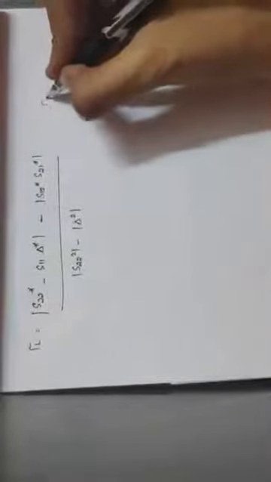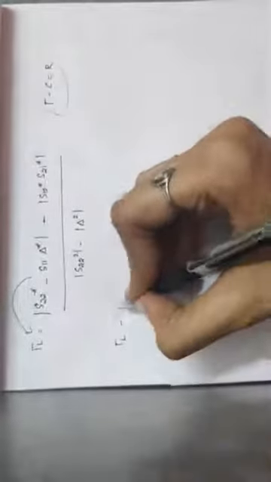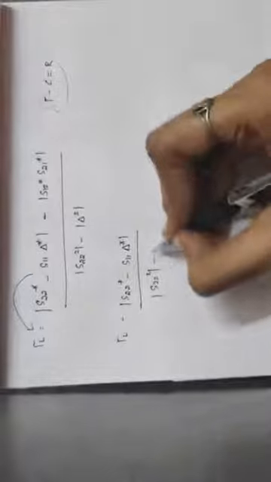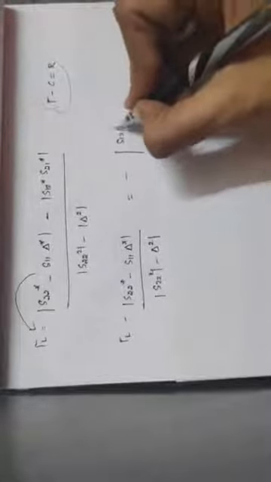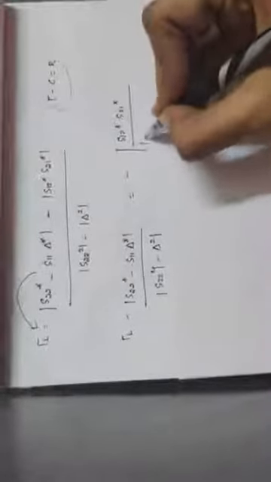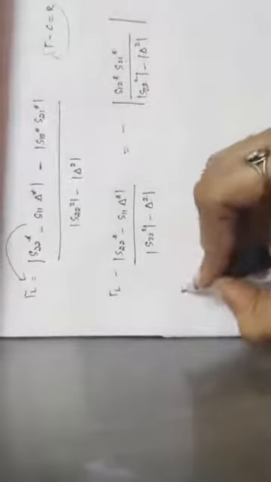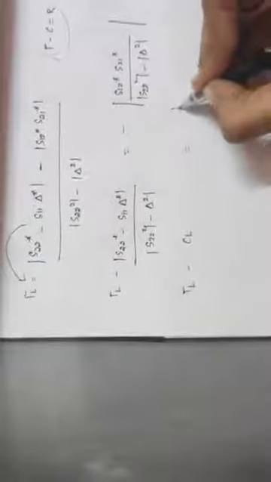Now the general form of equation was tau minus C is equal to R. So we will bring this particular equation into this form. So I'll take this term to the left hand side. So it is tau L minus mod of S22 star minus S11 del star divided by S22 square minus del square is equal to minus modulus of S12 star S21 star divided by mod of S22 square minus del square. Now this is of the form tau L minus CL is equal to RL.